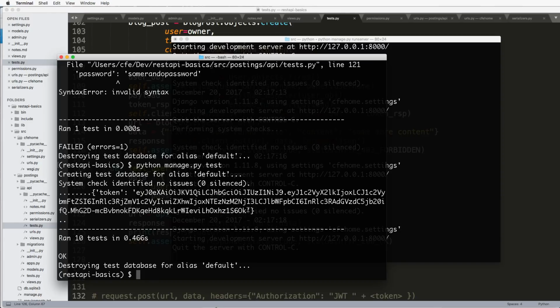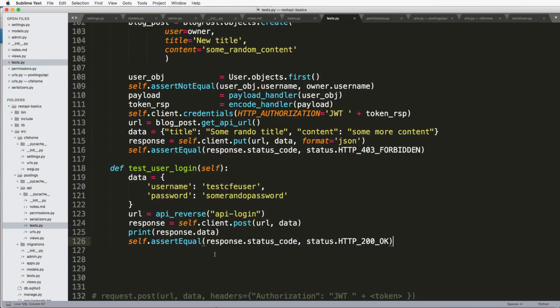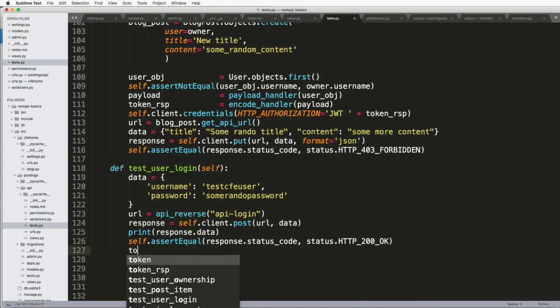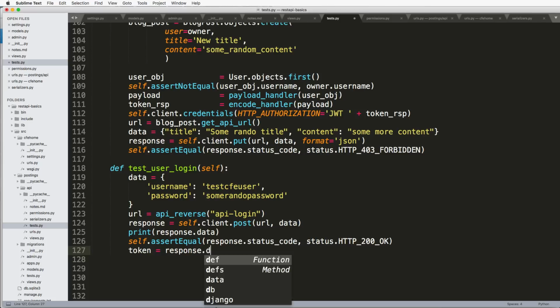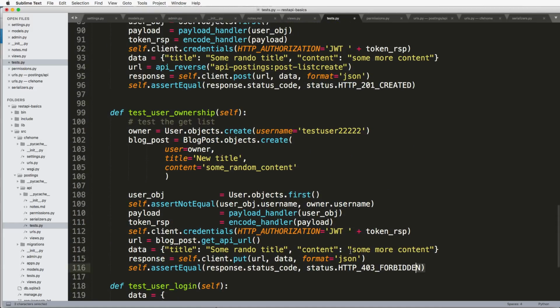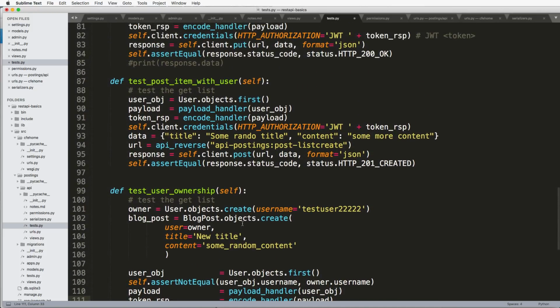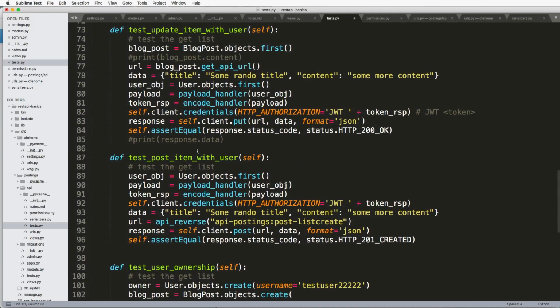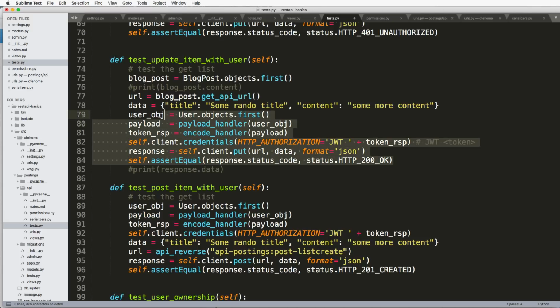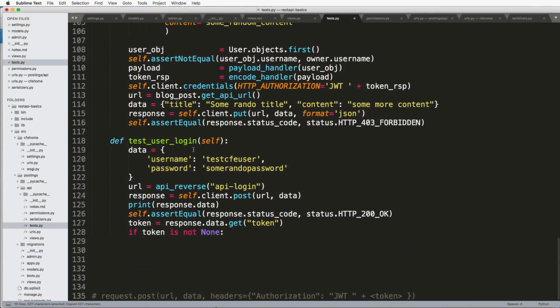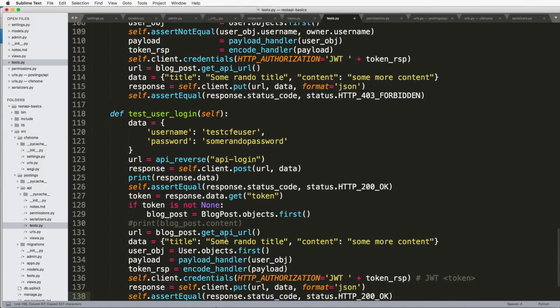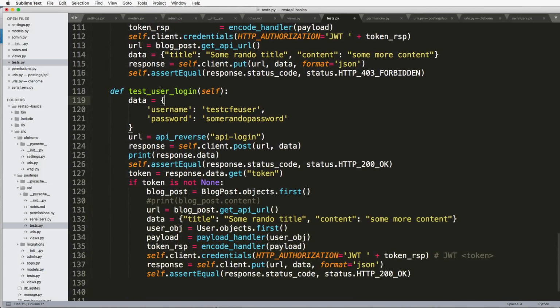Now, one other thing is I printed out that request data, and here is a token. So I see that I can do token equals response.data.get token. And we'll say if token is not none, then, well, let's go ahead and verify this ownership. Actually, sorry, not verify the ownership, but test the updating of this item like we did up here. So I'm just going to go ahead and grab it and bring it back down here. And this is where something like this would actually make sense. So test user login and update,